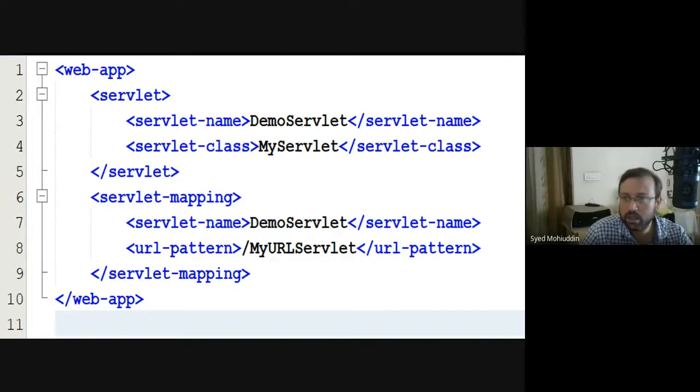Now I'll just switch on the pointer. Okay. Now, if you see, the entire file is a deployment descriptor. And this file, we have to save with the name web.xml. And then this file will contain a root element that is,